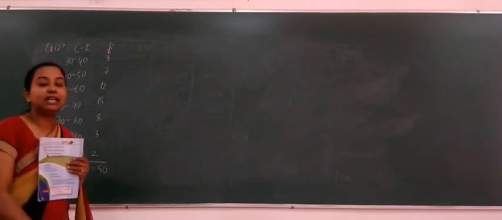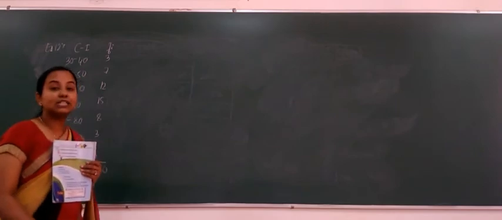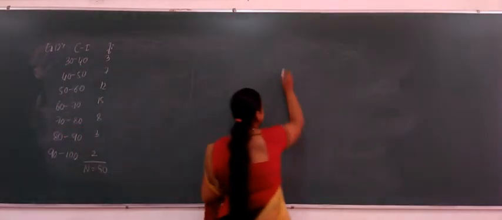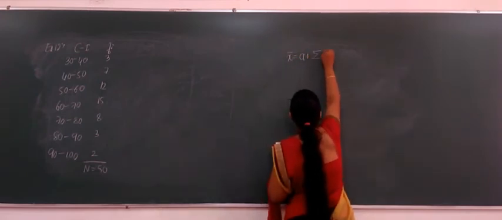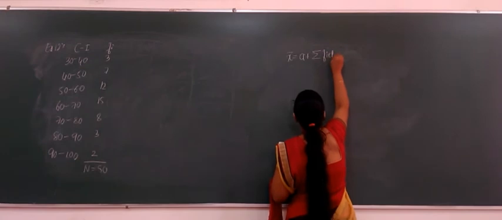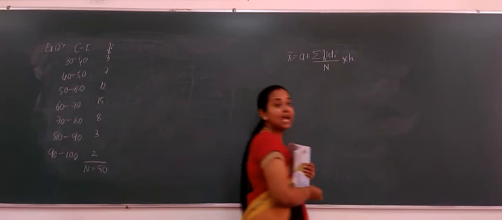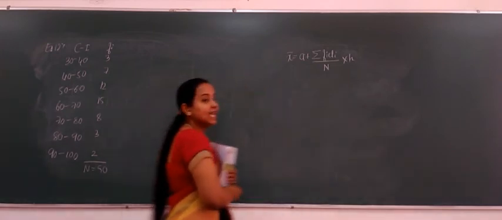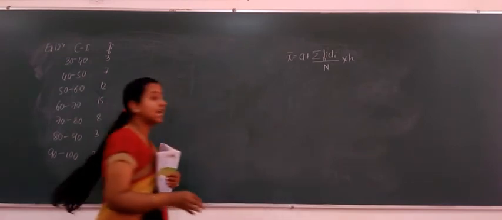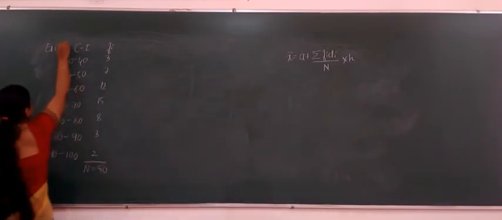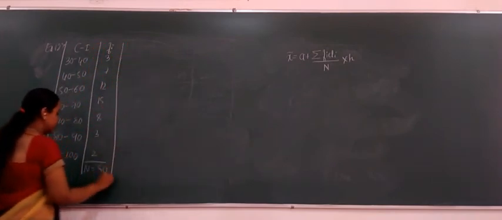Okay, so here also the mean has to be calculated using the step deviation method. What does the step deviation method say for mean? This we have already learned. It is x bar is equal to assumed mean plus summation of fi into di divided by n, into h, where di is the deviation, right? That is, xi we deviate to di, right? So first let us calculate these xi's, because without the midpoints we cannot calculate any of the values.